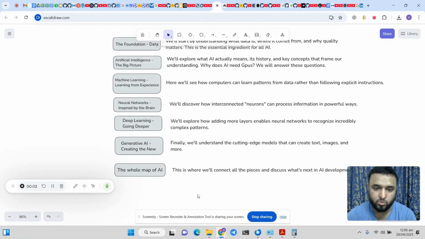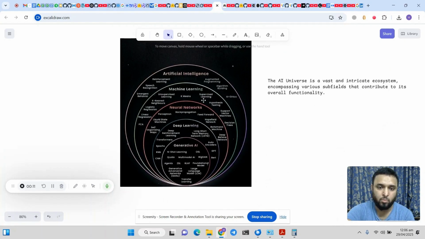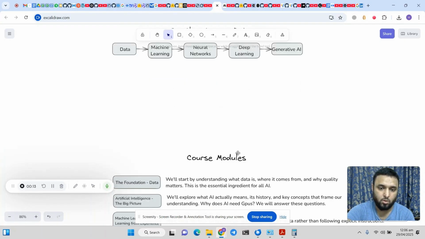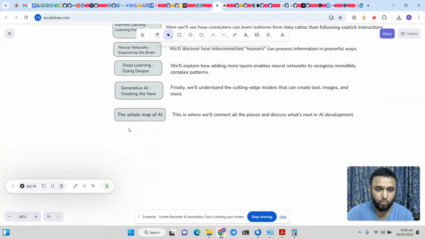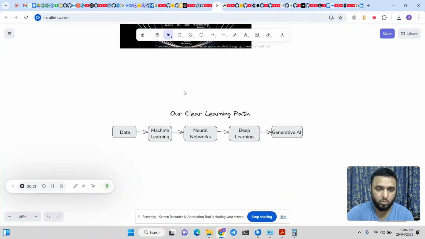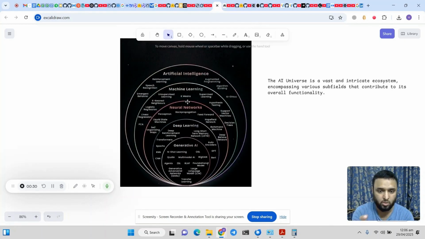And finally, after completing all the 6 modules, we will converge back to the map of AI so that each component on this map makes sense. We will use all the understanding of the concepts that we developed in these modules and then rebuild this whole map. It will be similar, but the map that we rebuild will make much more sense and each concept will be connected to each other.